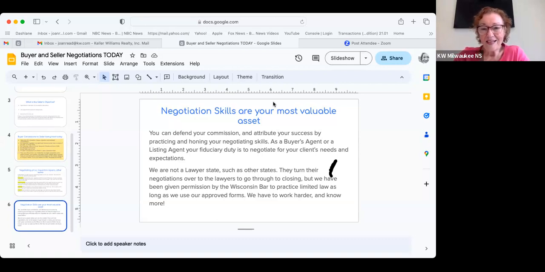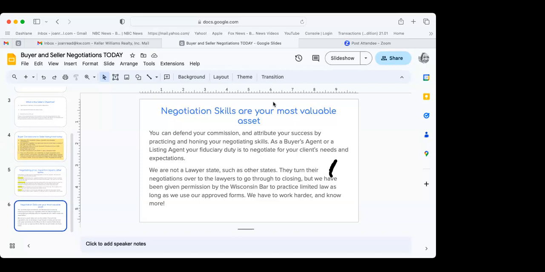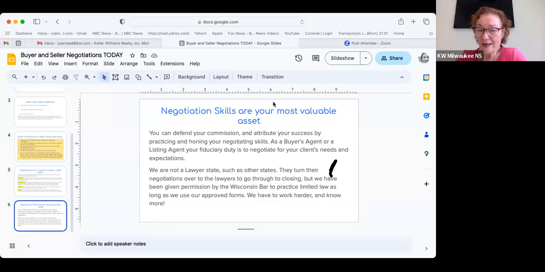The problem with that is if a buyer wants to use the low appraisal as a way to get out of the contract, he can't anymore, because if the lender's willing to give the loan even with a low appraisal, that buyer is still stuck in the contract. So that's the distinction. It doesn't mean that the buyer has to make up the gap.